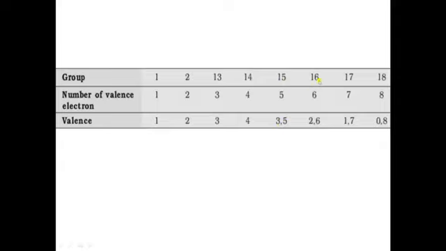In the same way, in group number 16, the valency is 6, but 8 minus 6 is equal to 2. So here it is also 2. When we use signs, this 6 is positive and this 2 is negative, minus 2. And here this 3 is minus 3. So whenever any 15th group element forms a compound, the oxidation state shown by it will be minus 3 or plus 5. In the same way, minus 2 or plus 6.